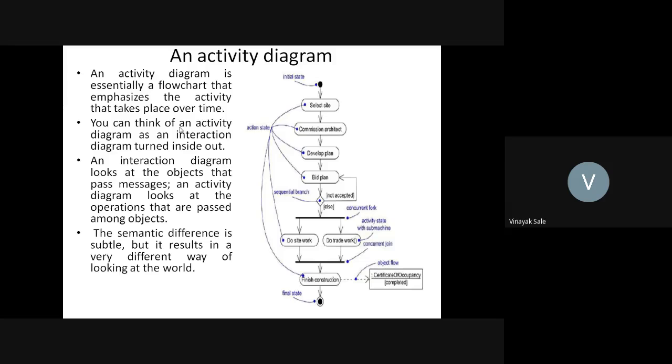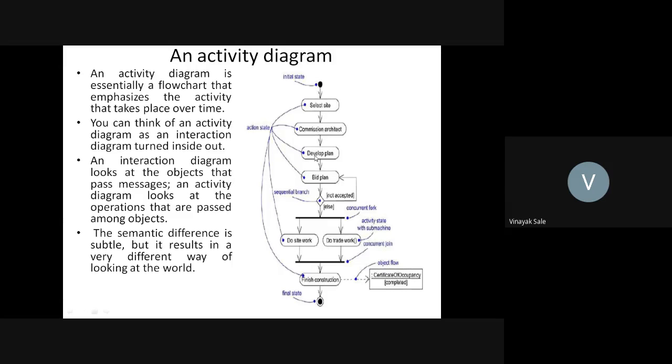Okay. So the activity diagram looks like a flow chart. It is based on activity that takes place over time. See this figure, it looks like a flow chart. In a flow chart, there are two steps that are important: start and stop, that is, the initial state and the final state. The start state or initial state is shown by a solid circle, whereas the final state is shown as a solid circle enclosed by a simple circle. And the remaining rounded rectangles